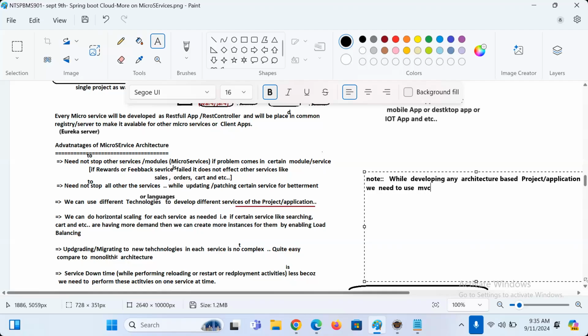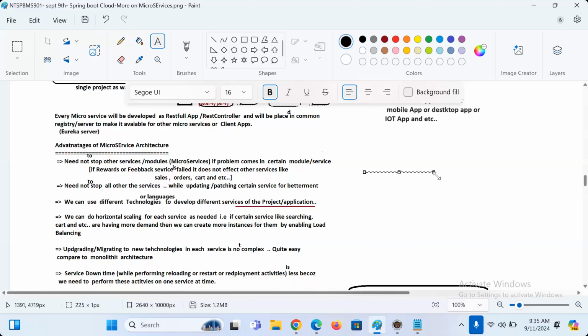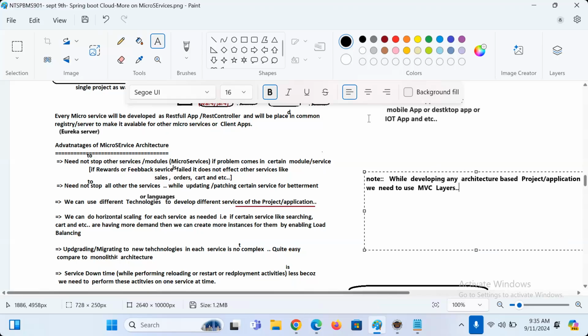We need to use MVC layers. Are you getting my point there, guys? Come on, everyone.